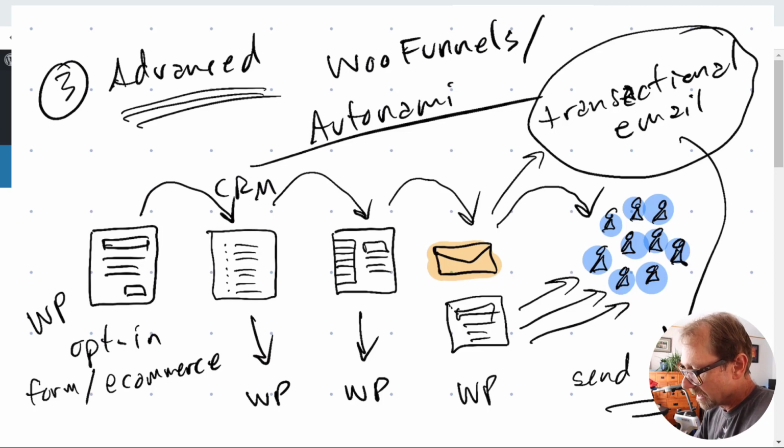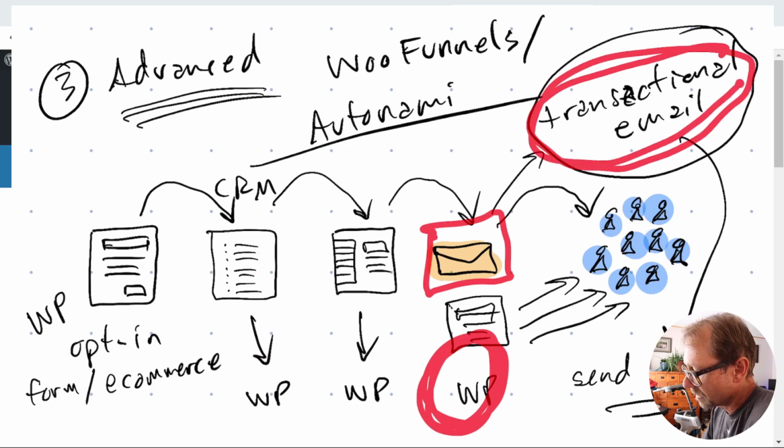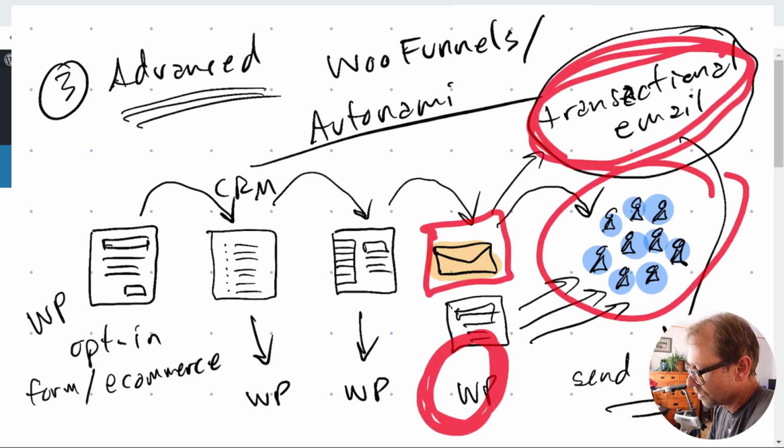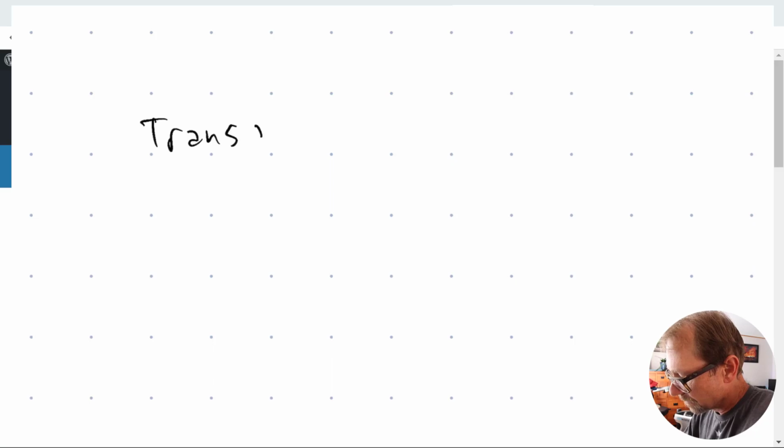And then it gives you an email designer, which is right here, that you can use within WordPress to then take and create an email that's sent from your WordPress website using your transactional email provider to your people on your email list. The system using transactional email,